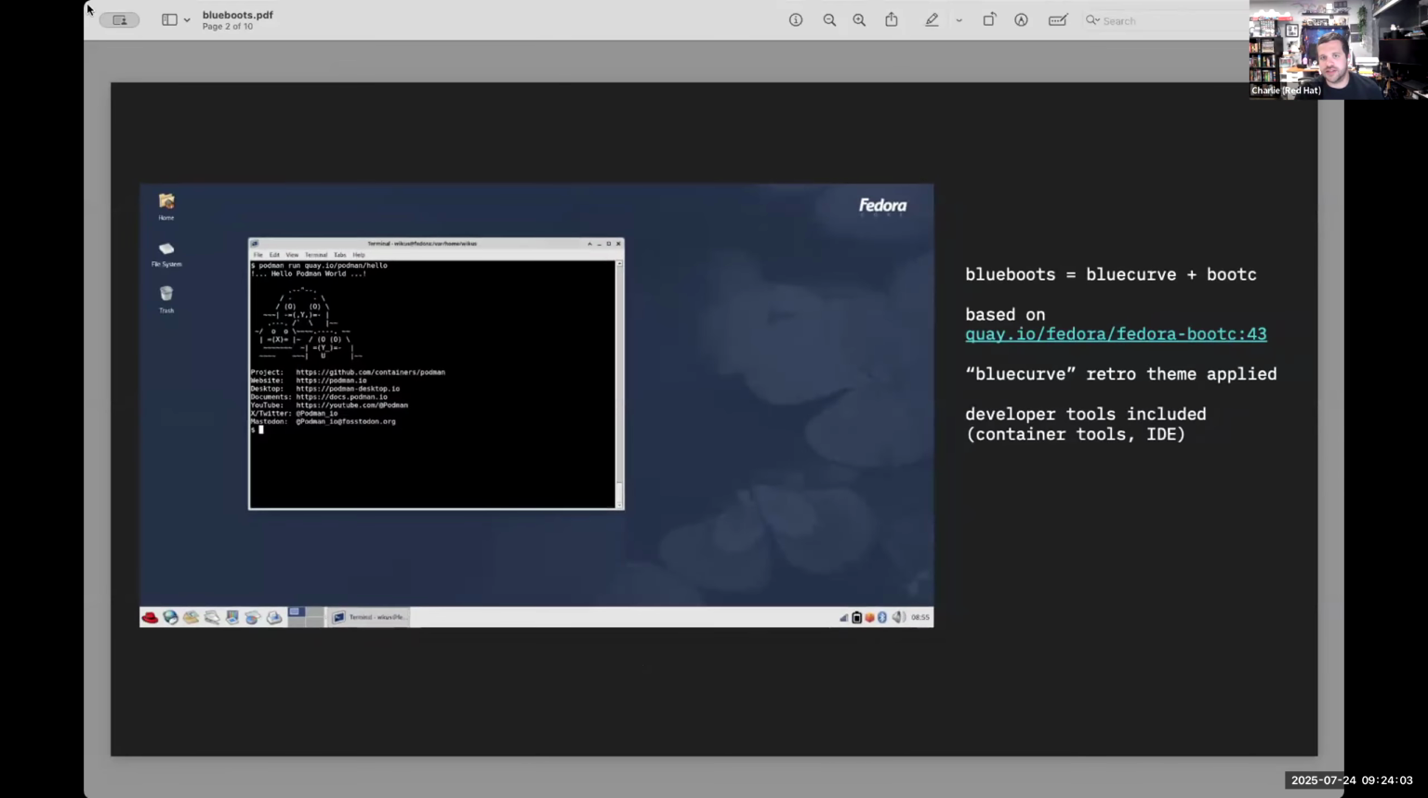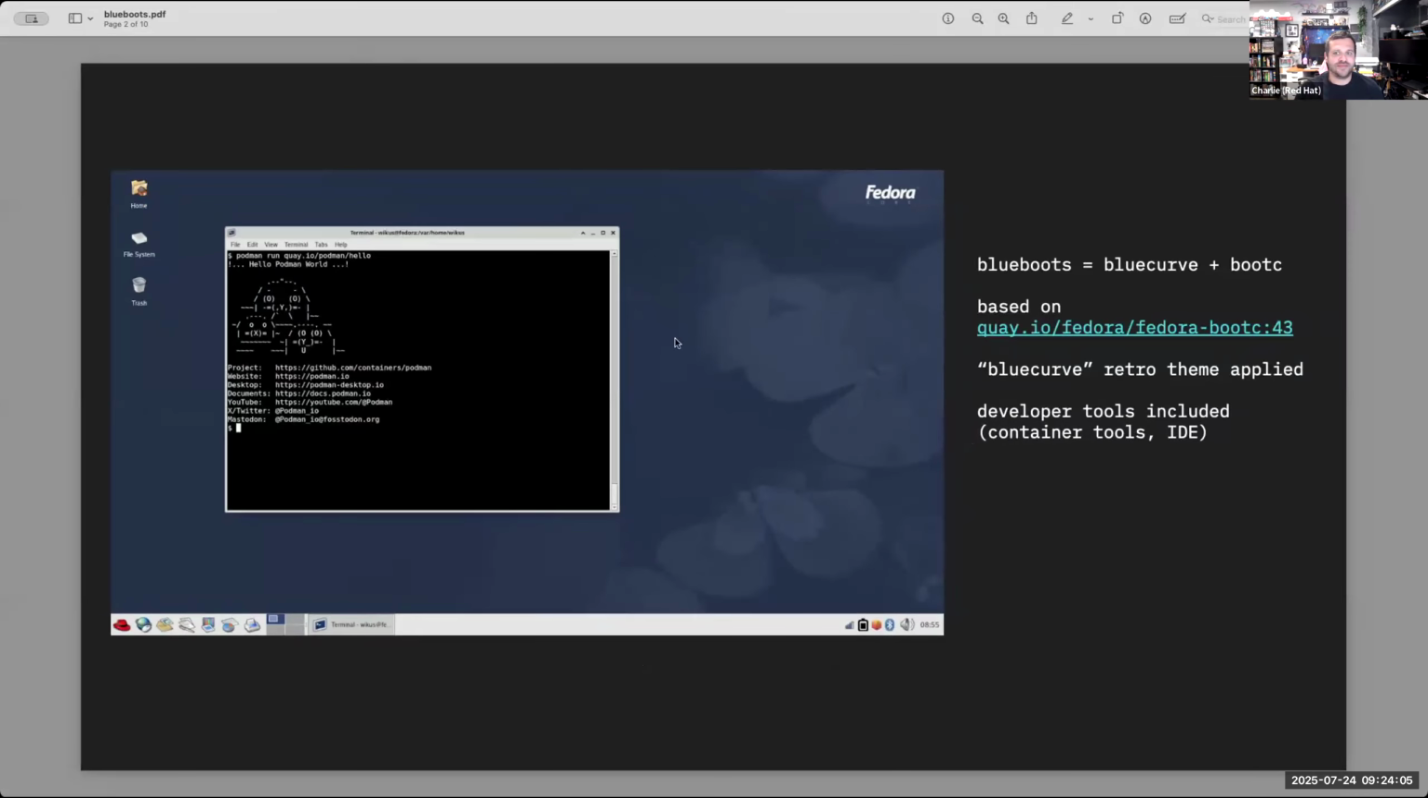I'll make this a little bit bigger so you can see better quality. If you can see my cursor, this on the left is the retro theme. I took a theme called Blue Curve, which is the original Fedora Core 1.0 theme. Created the custom panel on the bottom, added some of the old school fonts to make it look like the first ever Fedora edition when it was launched. And I combined that with bootc technology. If you don't know what bootc is, it is a CNCF sandbox project